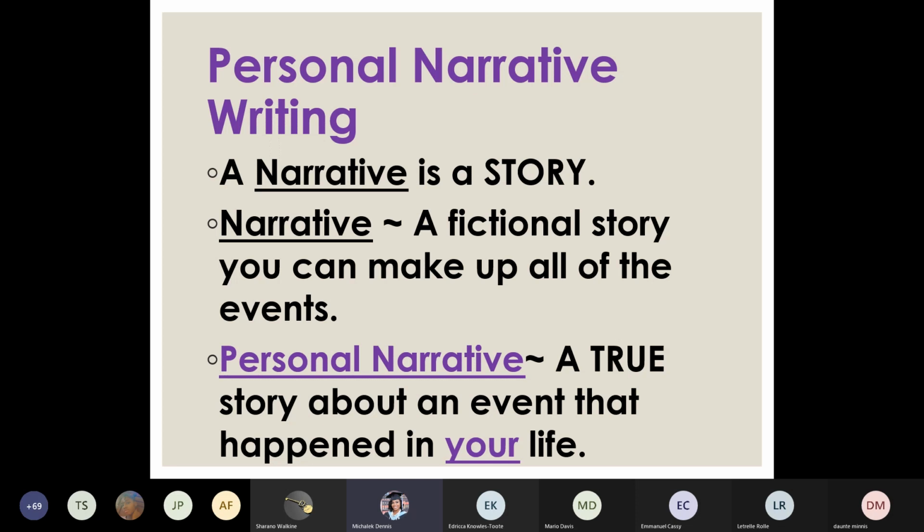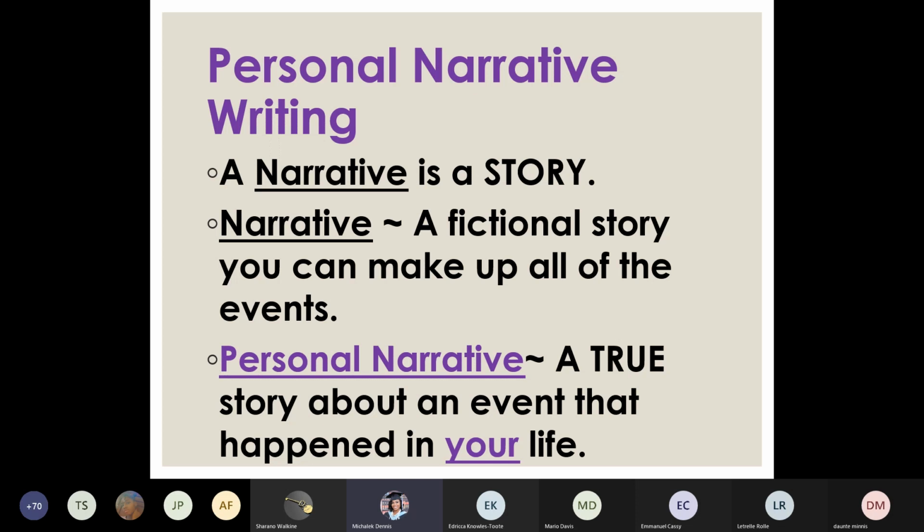So here is the difference between the narrative and the personal narrative. The personal narrative, as some of you have already mentioned, pertains to your own unique experiences. Sometimes the sources of your personal narrative can come from your journal entries, from your reflective writing. If any of you ever kept journals, you will find that that is a good source of personal narrative, because you actually report on your own unique experiences.